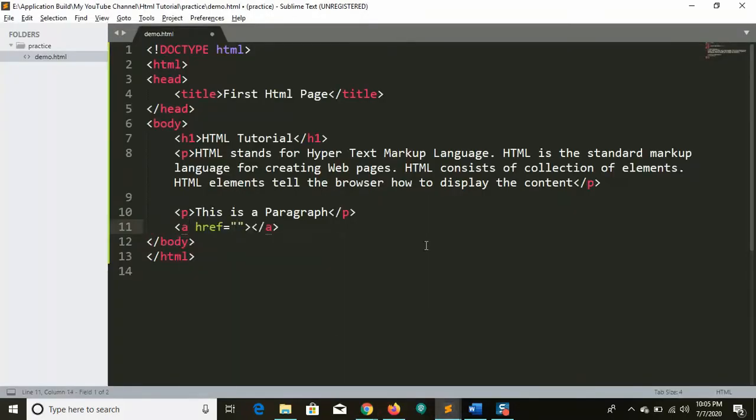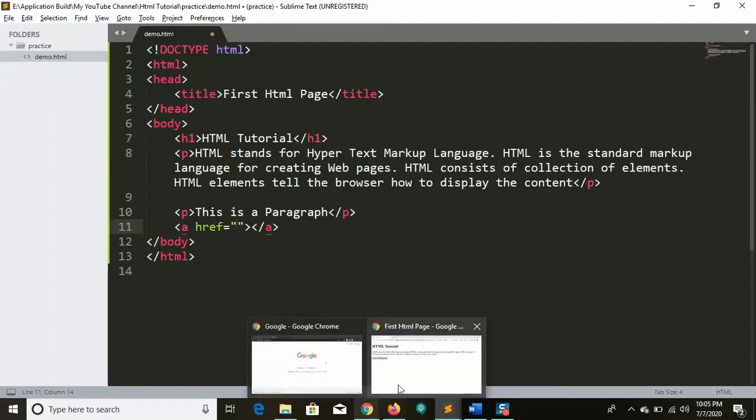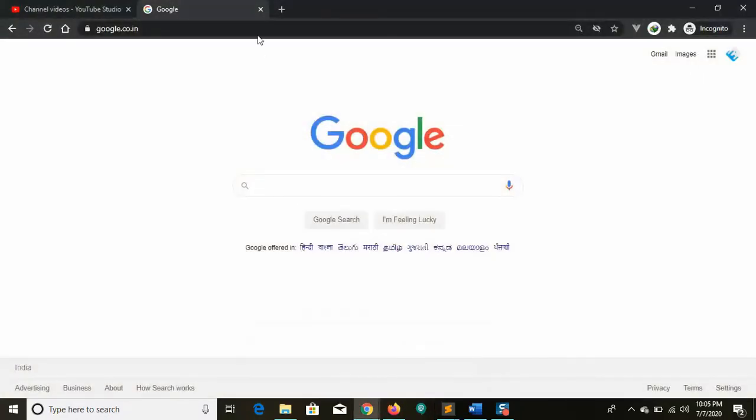So it's the anchor tag. It will also have an opening and closing tag. Closing is done by slash a, and opening will be a. Here href is the attribute, and here we have an empty value, so that means we don't have any value, it is nothing here. Here we need to pass some link. So let me pass google.com itself. When I click the link, the Google page should be shown.